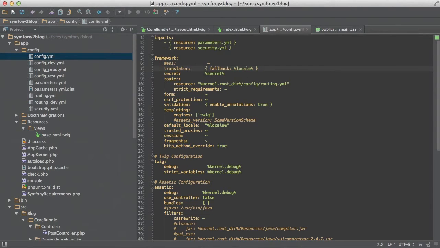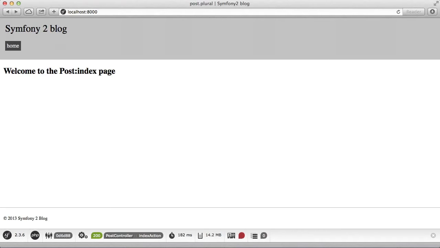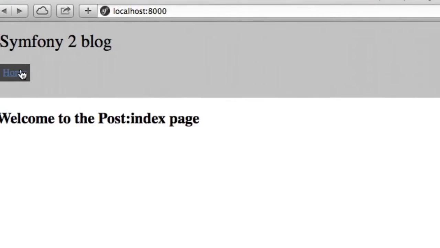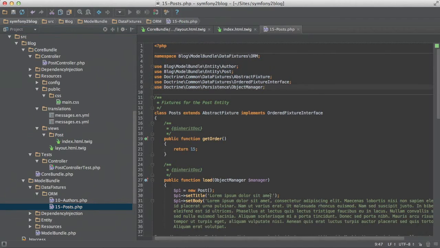So the translator takes the default language that we configured in parameters YML. And that's English. Back to the browser, we reload, and we see that it took English as the default language. Posts and home. If we take a look into the post fixtures file, in model bundle, data fixtures, posts, we'll